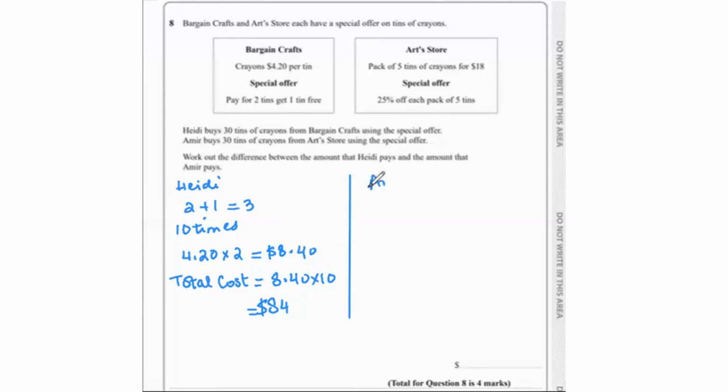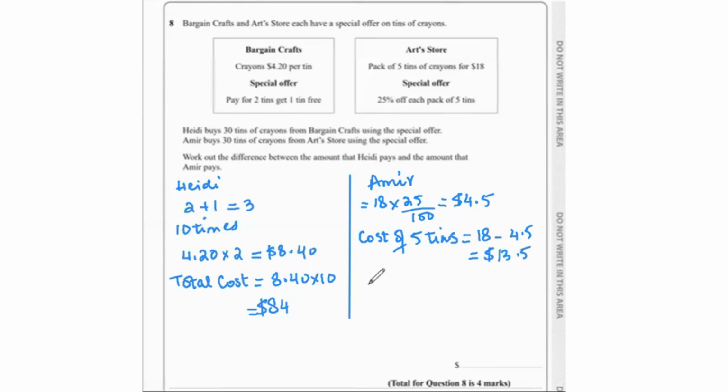So for him, the offer is 25% off each pack of 5 tins. A pack of 5 tins of crayons costs him $18. So 25% of that is going to be $4.50. This is the discount that he's getting. So his cost of 5 tins is 18 minus 4.5, which is equal to